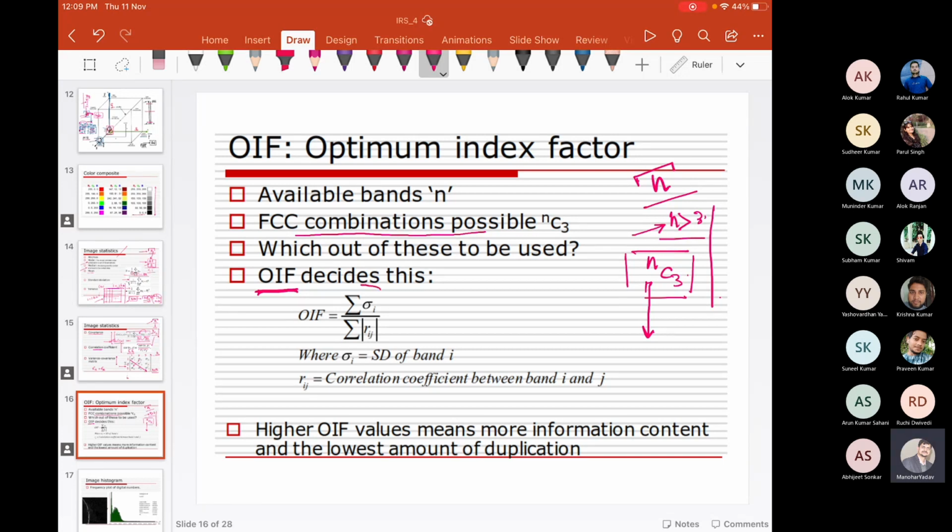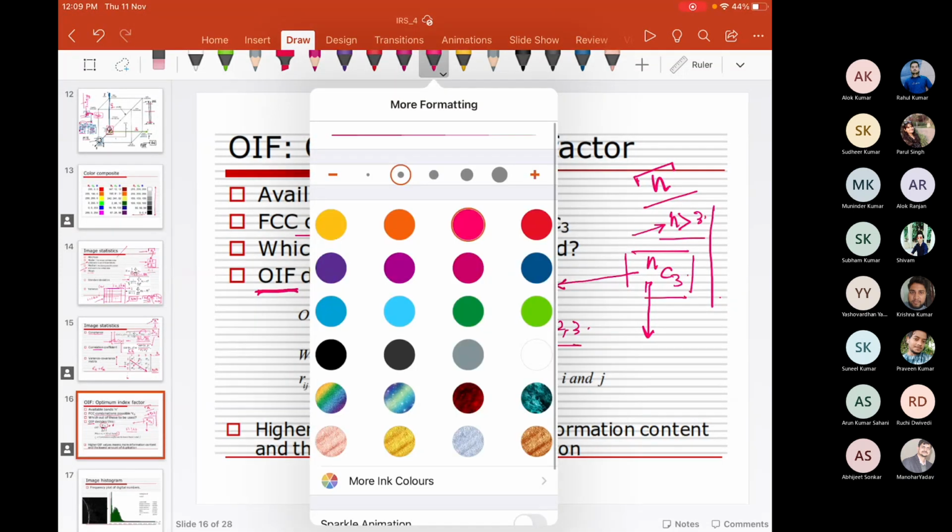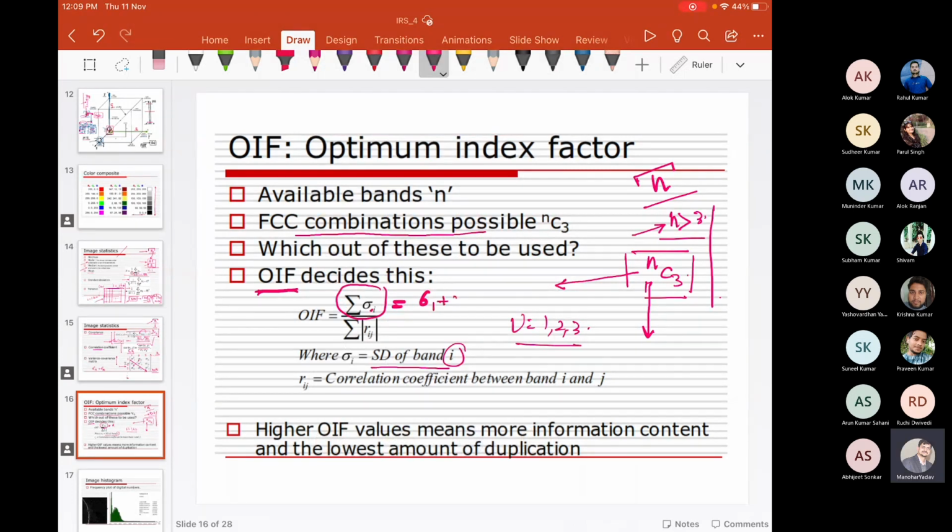OIF is calculated as the summation of the standard deviation in each band. We calculate OIF for each combination. So, for i equal to 1 to 3, sigma i for the selected 3 bands will be sigma 1 plus sigma 2 plus sigma 3. Let's say the band combination is B1, B2 and B3, where i varies from 1 to 3. So it will be sigma 1 plus sigma 2 plus sigma 3 divided by the correlation coefficients between these bands,